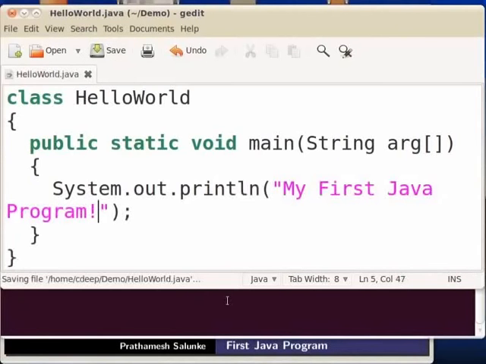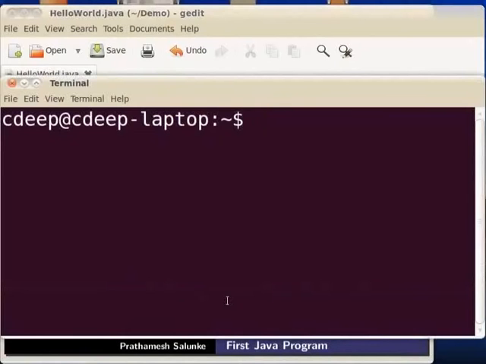Let's go to the terminal. Make sure that you are in the directory where you saved your HelloWorld.java. Remember that I am in my home directory. So type cd space Demo and hit enter.